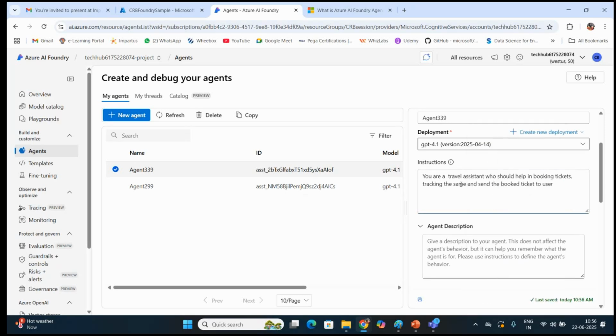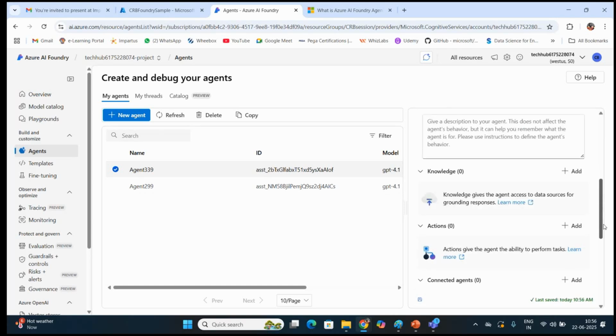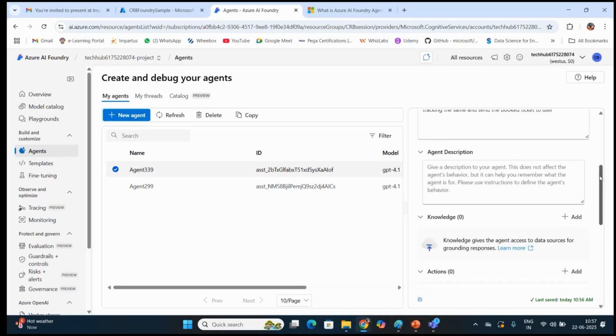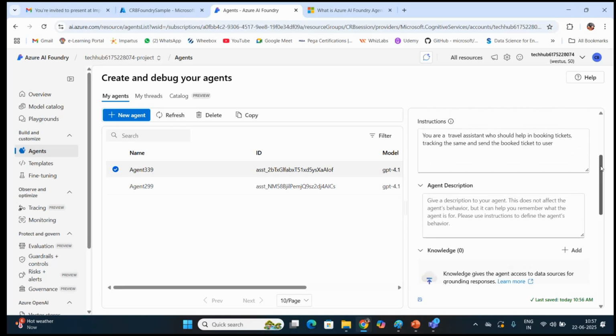So when we are okay with the instruction, it should get a description on how it has to act. Say you have a whole set of description, like this is your step one, this is your step two, this is your step three. Once you are done with that, you proceed with the next part. It doesn't know how your booked ticket would be sent to the user, right? So you have to let it know how each step works.